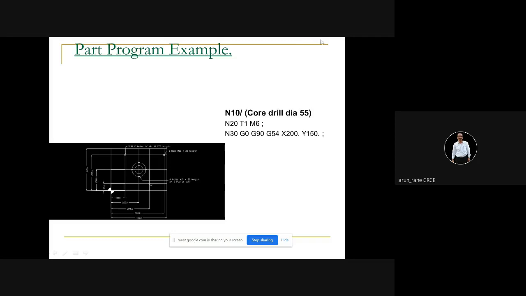Machine 0 point, or the home or the reference, is somewhere different. Now you see this workpiece you have kept. Assume that this is the table. This screen, my laptop screen which you are seeing, is nothing but the table. Imagine now on this table you have kept a workpiece here. This is my workpiece. I am making things very clear. See, this is my table, and the workpiece is kept here. So machine 0 point will be somewhere here. Machine 0 point is what you get when you do homing or referencing. Machine 0 point will be somewhere here.